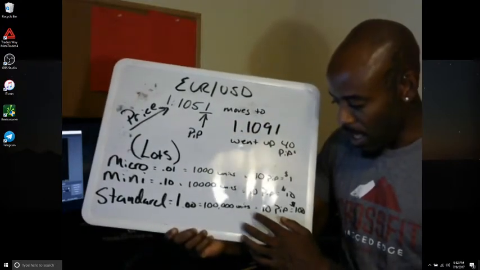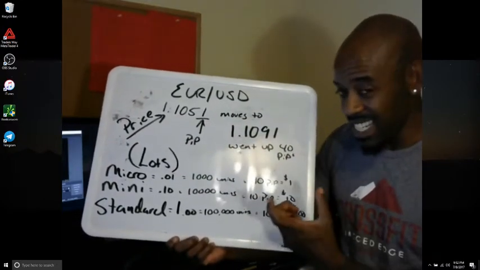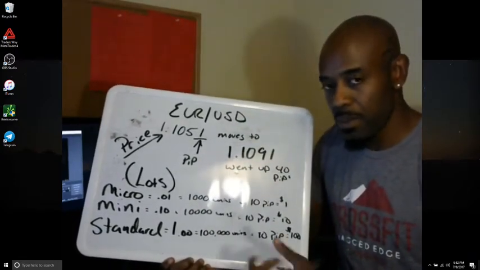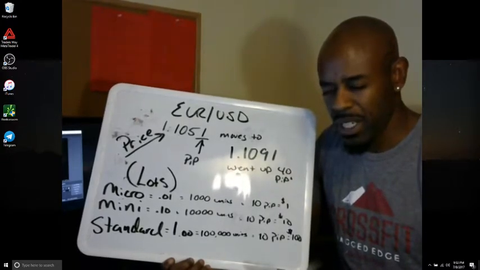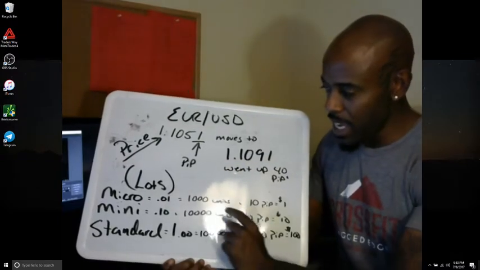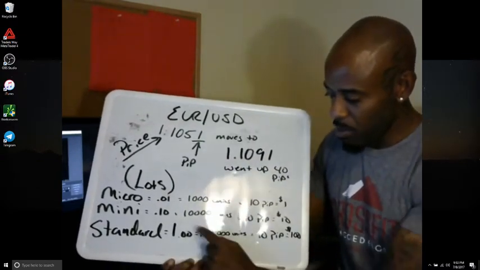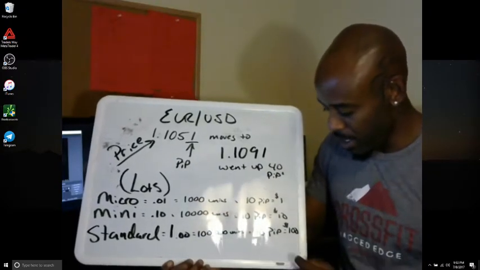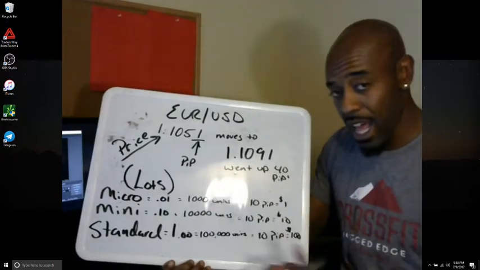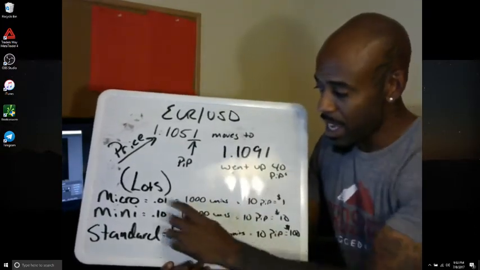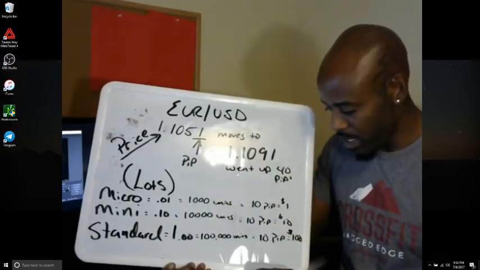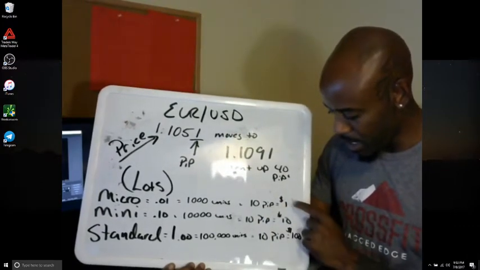If you were to get an increase of say 10 pips, that would be $100. Basically, $10 a pip is what you're doing. If that makes sense, so it's $10 a pip. Versus a mini lot, which would be 10,000 units, 10 pips gives you $10. You're basically sliding that decimal over one particular place. A micro lot is 1 cent or 1,000 units, which would give you basically on 10 pips,